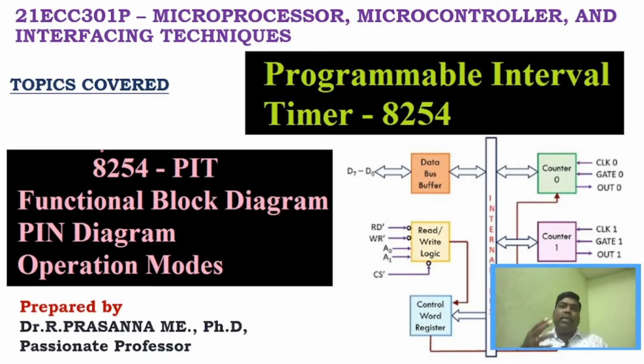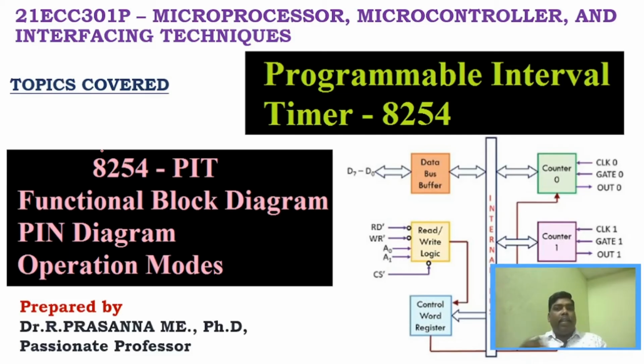The microprocessor will be concentrating only on creating delay. That is, it will execute those instructions and it will create that delay, right? In the meantime, the microprocessor will not be able to do any other execution or any other normal program execution, right? So it takes much time, right? This is one main drawback in the early microprocessor, right? This type of creating delay using programs, using instructions, is called software delay, right?